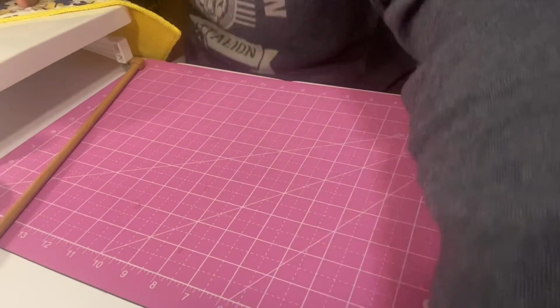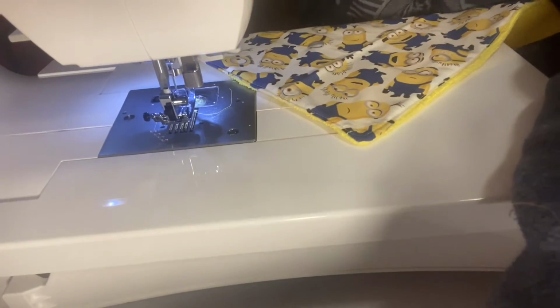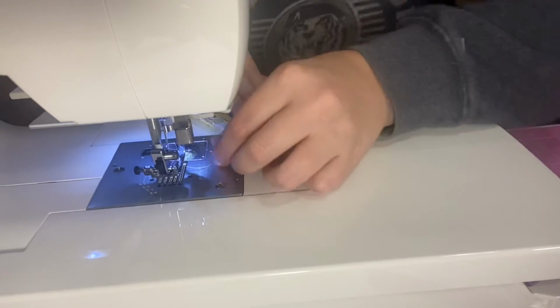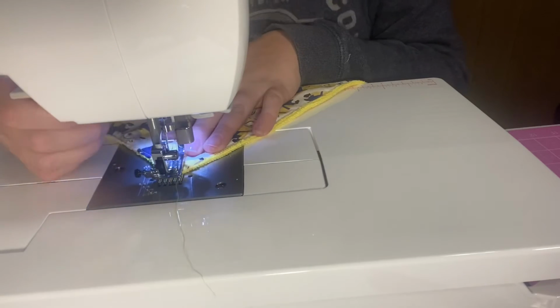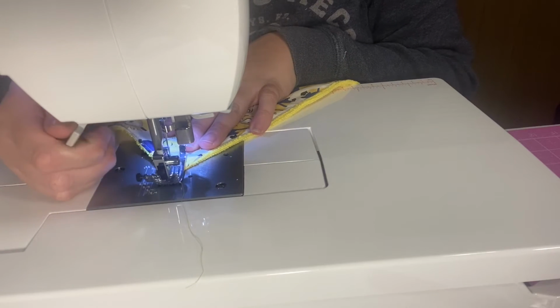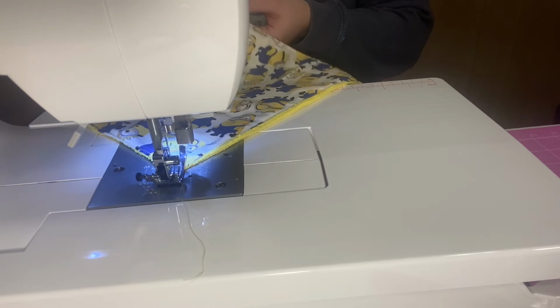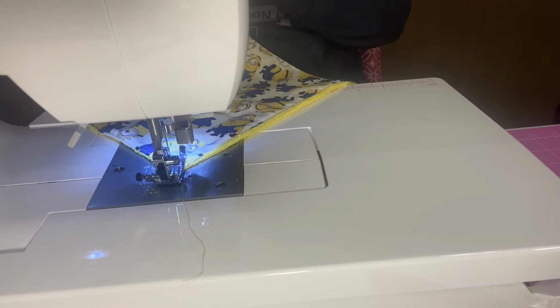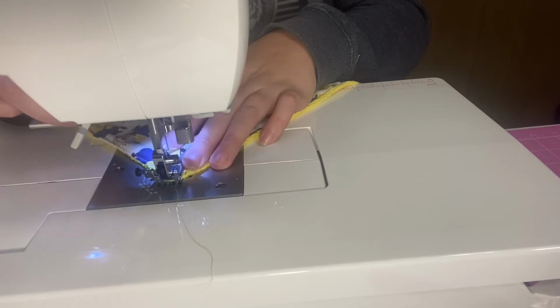I'll come over here. Okay, so we're going to come here, and just start at the corner. Doesn't have to be perfect. And then I usually just hold this corner over here out and kind of just watch with my eyes to make sure that